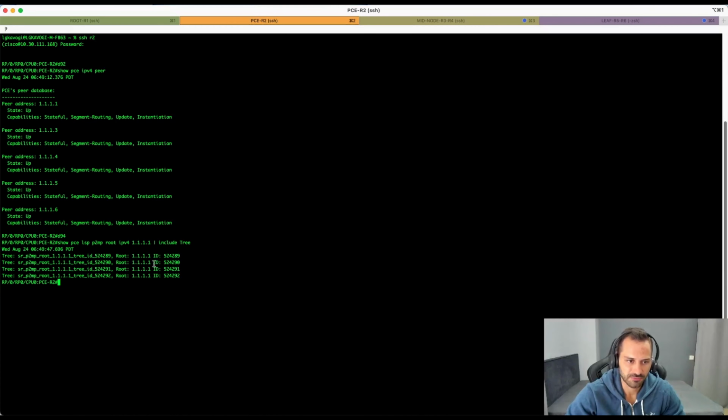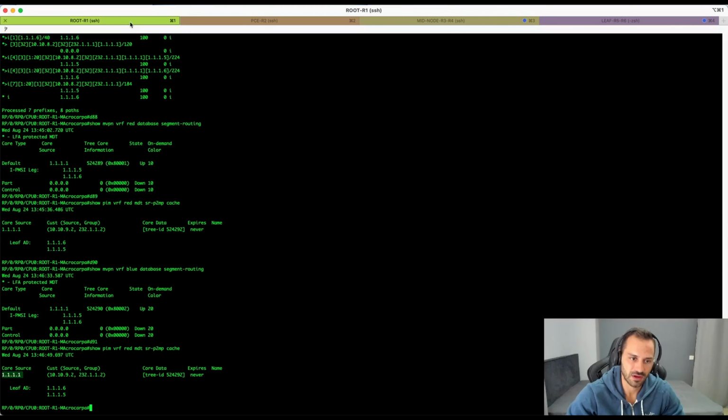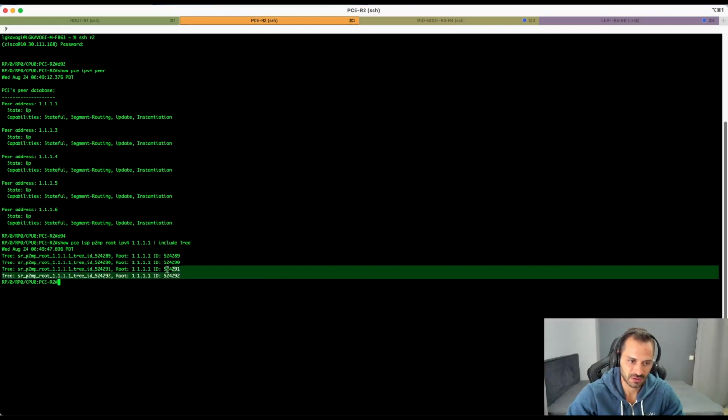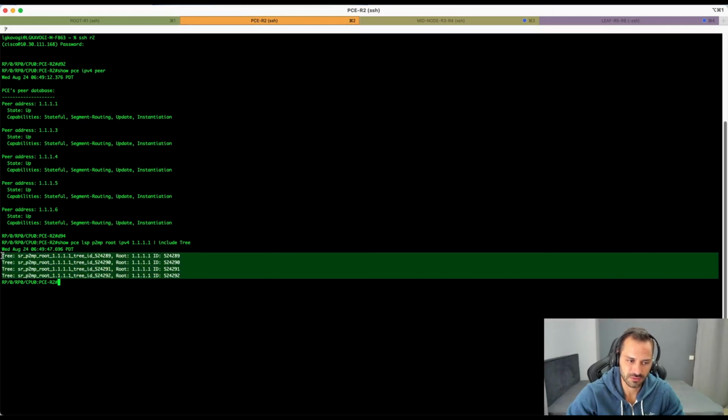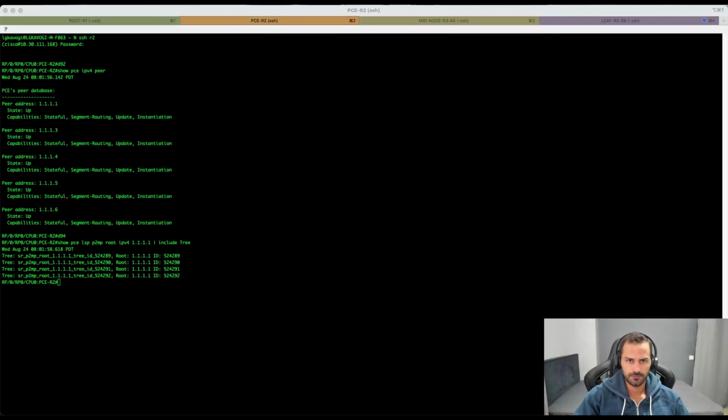Here we see the PCE LSPs, point to multipoint, that have been created from the root R1. We can see the IDs that we saw before in the red and blue MVPNs. And that's another way to verify that we have 4 trees. And now we're going to type the ID